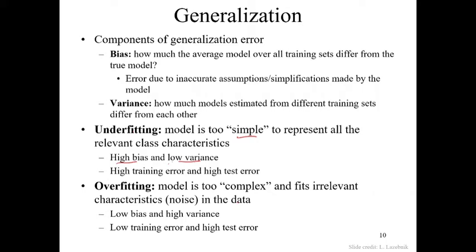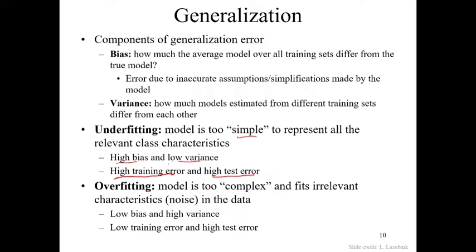If it is too simple, you're going to have high bias, which means low variance. How do I know the model is having high bias? You check your training error. The training error is going to be high, and then the testing error is going to be high. It means both training and testing are bad. Nothing is good there because your model is too simple. It's not able to understand the relevant characteristics of the data set you have presented. So you need to do it again.